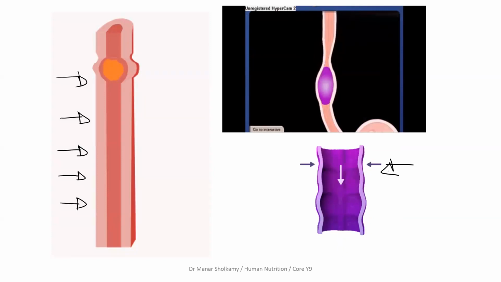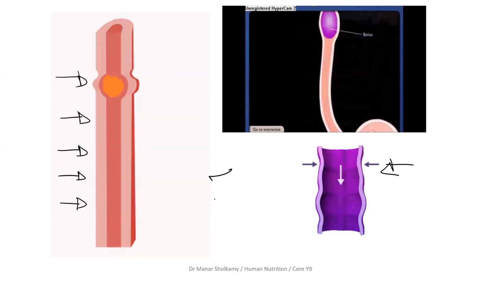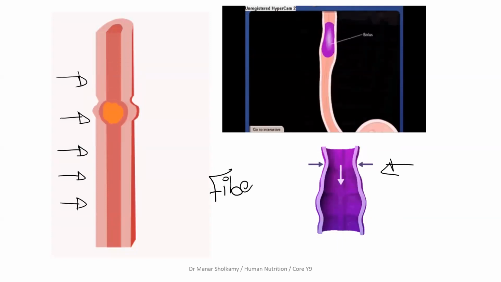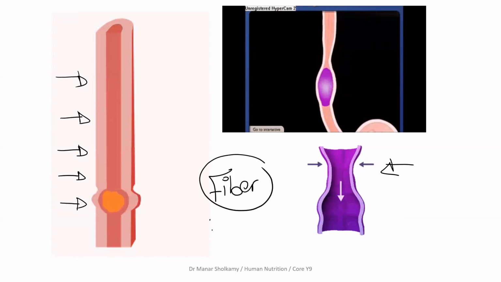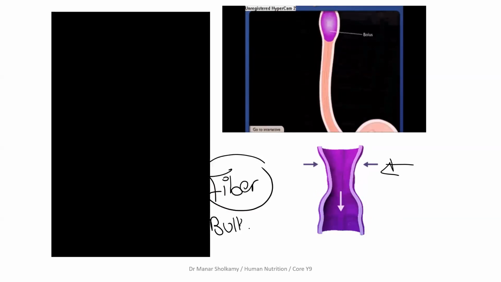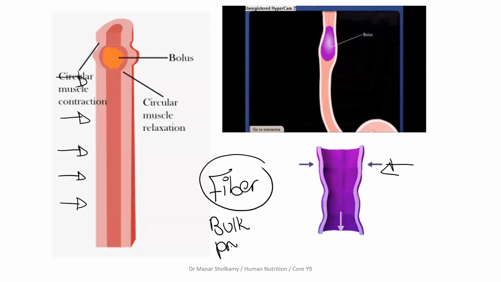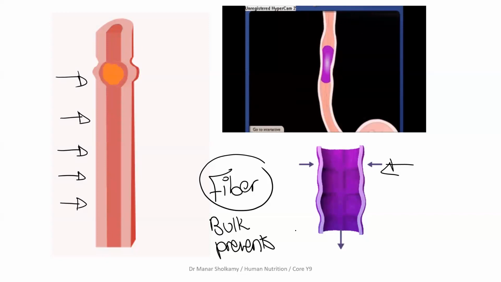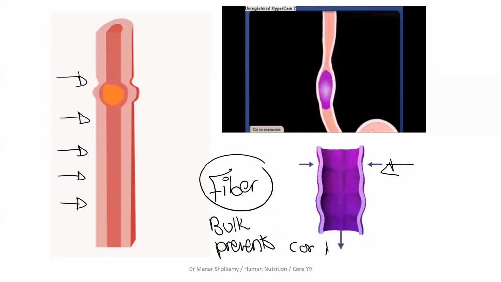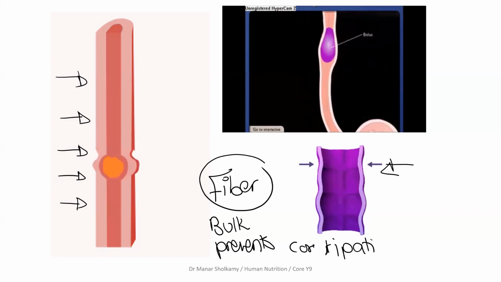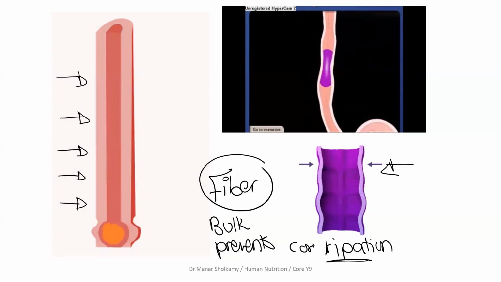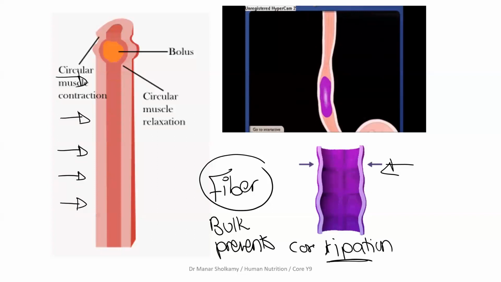More. So that is why we say that fiber in the food is very healthy, even though we cannot digest it, because of two reasons. Because it adds bulk to the food and it prevents what's the word? Constipation. Exactly. It prevents constipation. Constipation means I cannot go to the bathroom. I have problems in excretion.